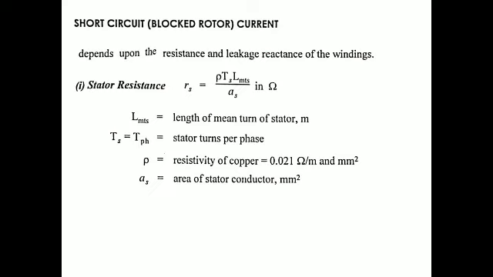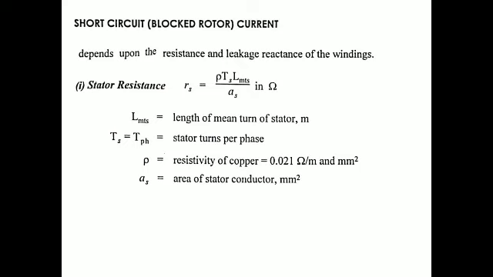So while designing, it is also an important part. While testing with a blocked rotor, or any overloading of a blocked rotor, a huge current is formed in the rotor part. Why? Because it is short circuited. Anyway, in the slip ring or squirrel cage, it is short circuited. A heavy current flows in the rotor. So we need to calibrate the values and withstand capacity of the machine under a blocked rotor status. So for that only, we're going to see this title, which is the short circuit current or blocked rotor current.